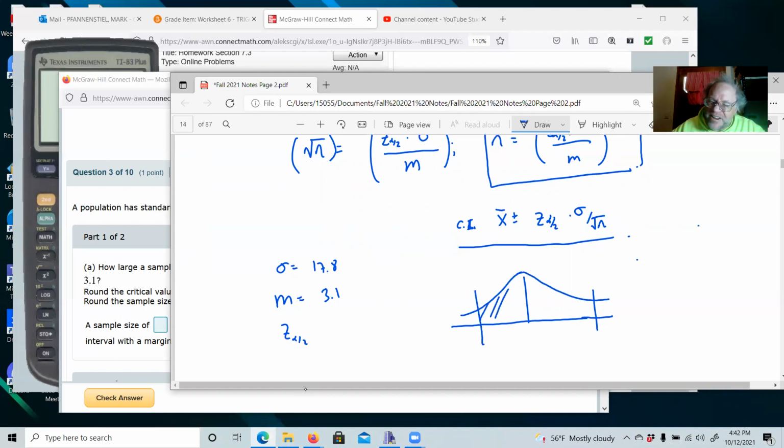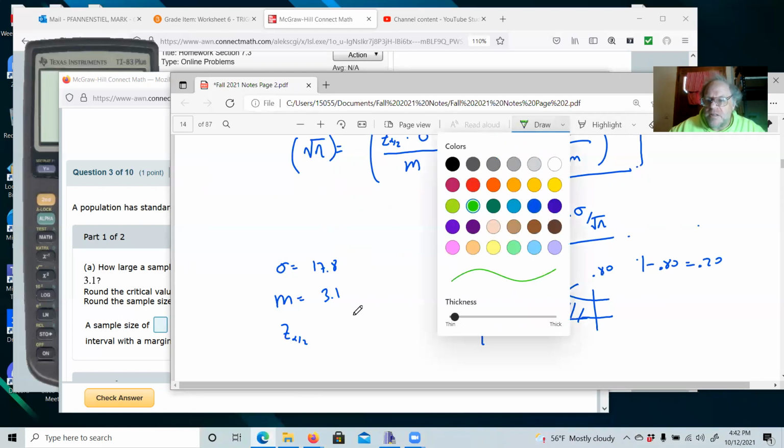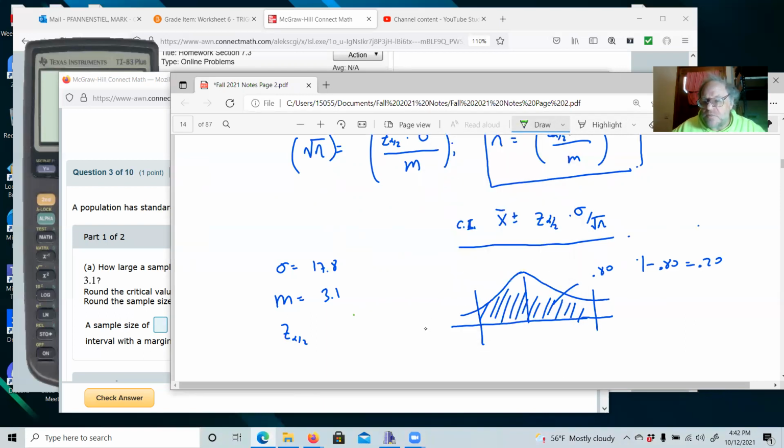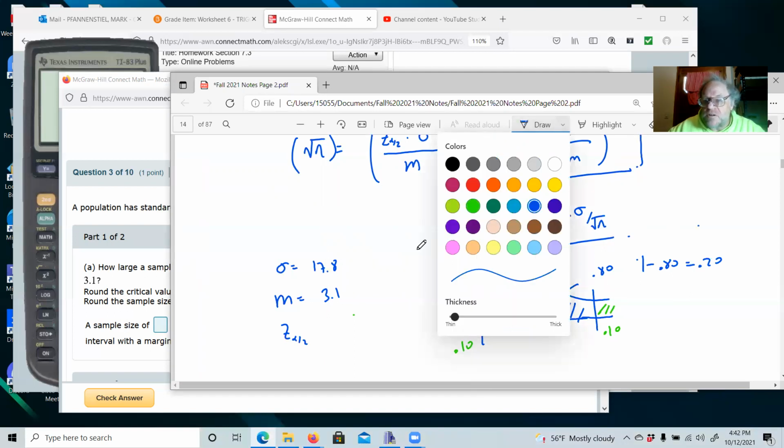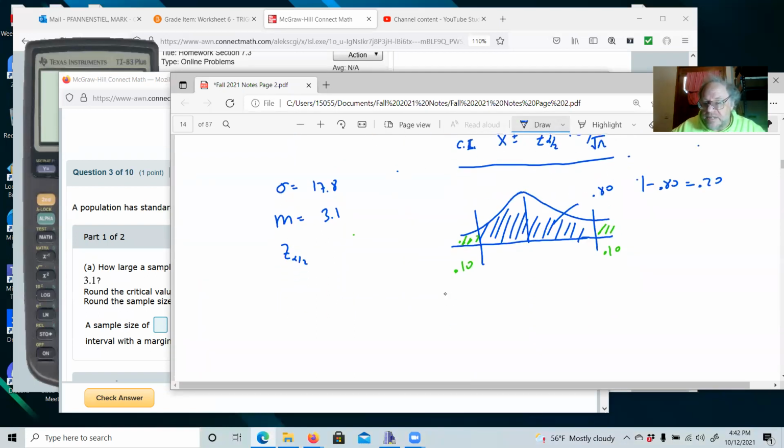So this bit in here, this is 80%. How much is left? Well, 1 minus 0.8 is equal to 0.20. So what I have to do is put 0.10 in each of these two tails. We're going to put 0.10 here and 0.10 there. In order to get that confidence coefficient, we need to do a norm